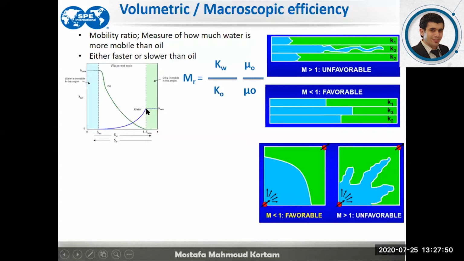So this value of the permeability, along with this value of the permeability of the oil, are being employed and embedded within this equation in order to obtain the mobility ratio. In case we find the mobility ratio is greater than 1, it means that the water is moving faster than the oil, and that comes either from having a higher water viscosity and less oil,